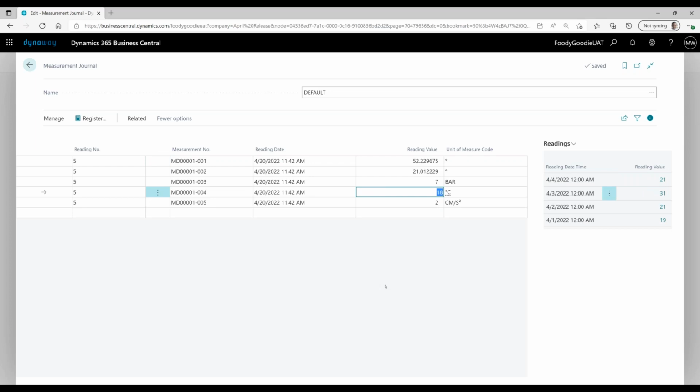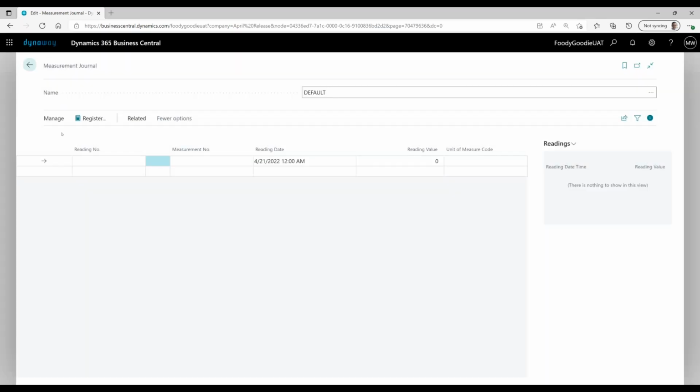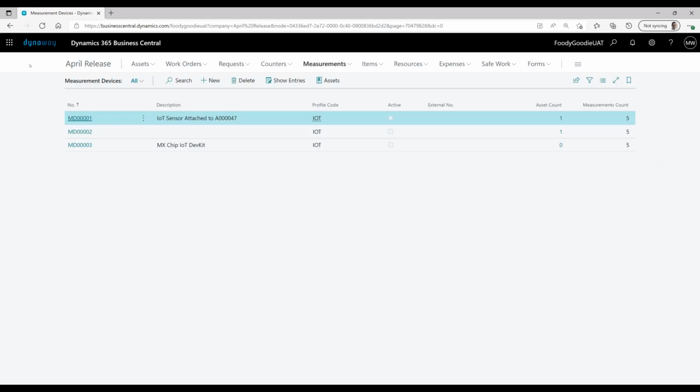I don't know if it's the good one, but 31. But I think it's. We will just do it today. So let me just only change the dates, and let's just push register. Okay, so I did it for this